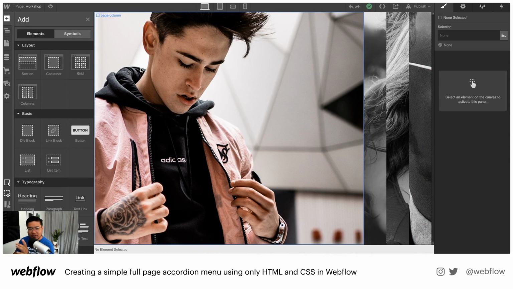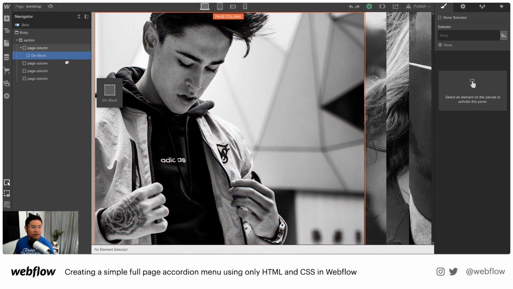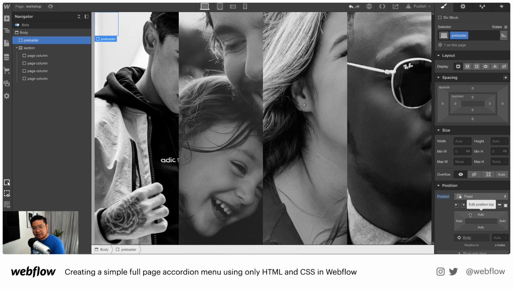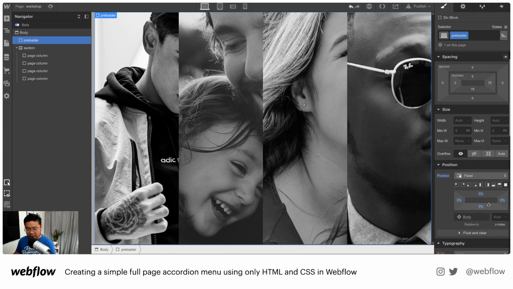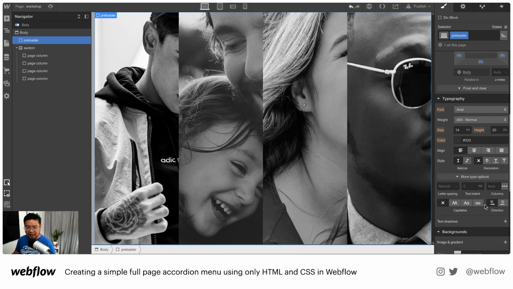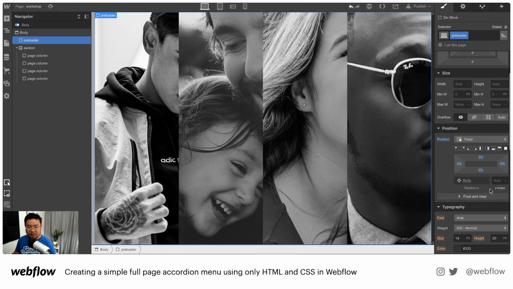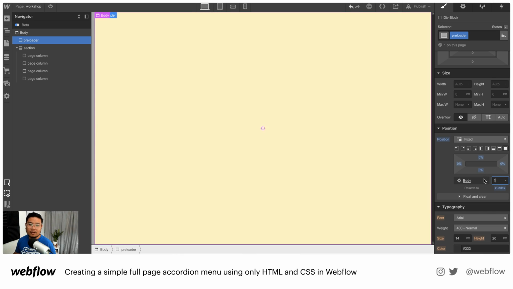All right. So here's how you make a preloader. Here we go. So bonus round. I'm going to drag in a div block at the top. I'm going to call this preloader. And this is going to be fixed. So fixed floats on top of everything. All right. And I'm going to set the position to full because I want the full page to be hidden. And I can set a background of, say, let's do something like this. Okay, I don't see the background. Let's see, maybe z-index. There we go. Okay,